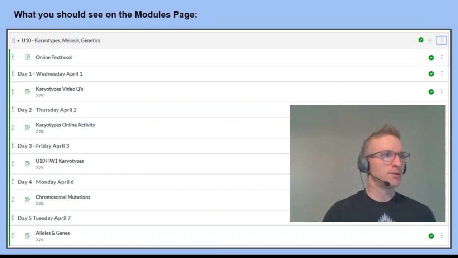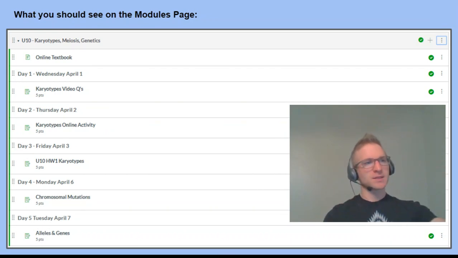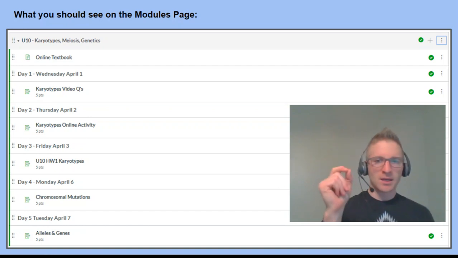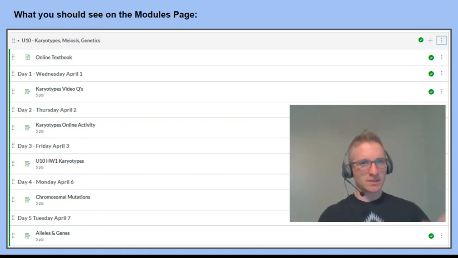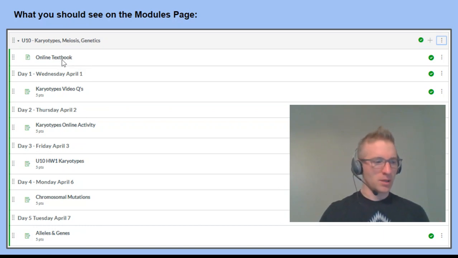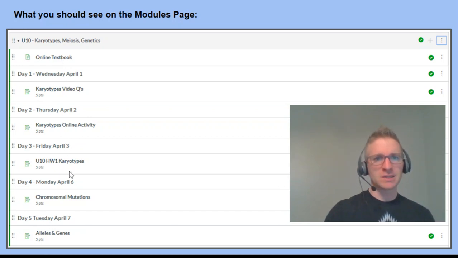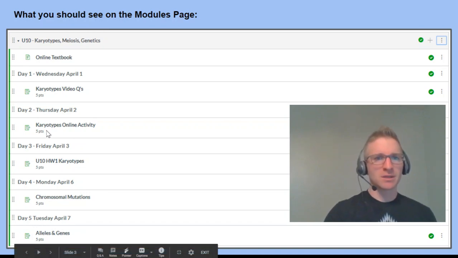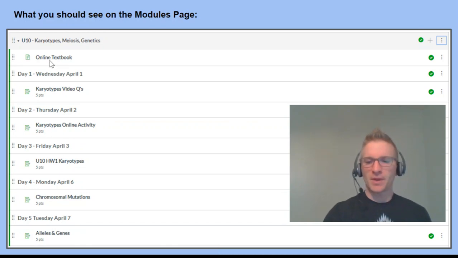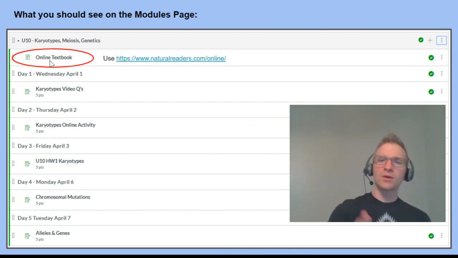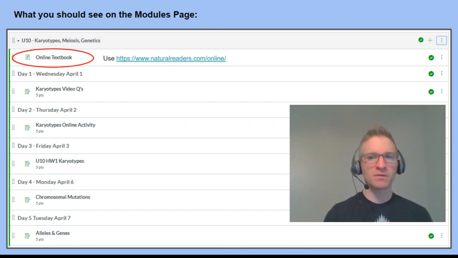Then the second slide or third, whatever, here, this is our modules page. Like I said, by the time you get there, it'll probably look a little bit different, but the same basic layout will be there. The online textbook shows at the top, and you won't necessarily need that unless directed to go to it by myself, Miss Canopy, or maybe one of these fine assignments might direct you there. But when you are directed there, or if you just want to view it for review, I encourage you to use